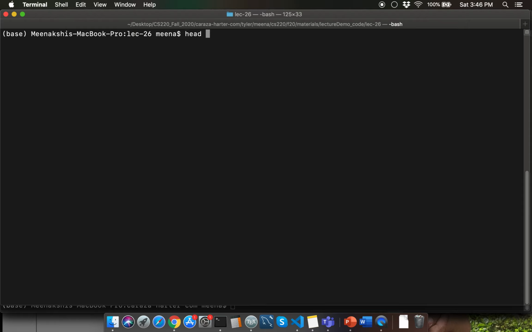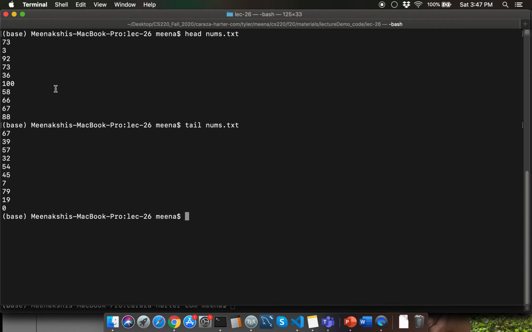The first command is going to be the head command. Just like cat, it takes the file name as the first argument here, and it's going to display to you the first 10 lines within your file. That's going to be the default number of lines that you can get out of the head command. The corresponding opposite command is going to be the tail command, which gives you the last 10 lines of the file over here. Right, let me explain what we are going to do with the demo problem.